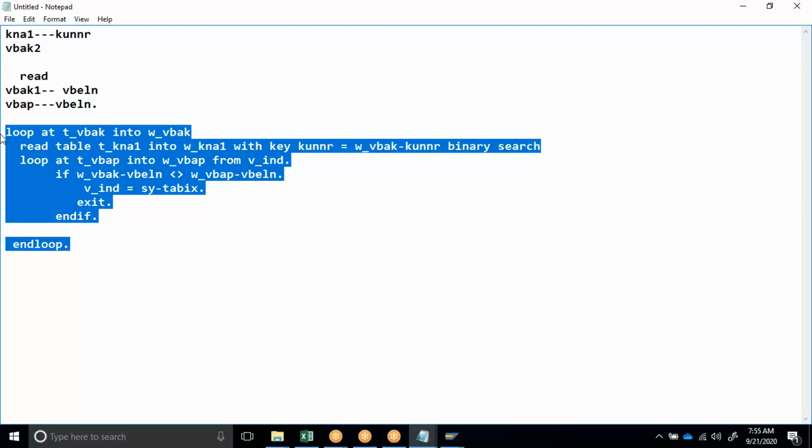So how to play with this? When multiple tables come, when to use loop, when to use read is the developer's judgment. Based on that only the speed of the program will be decided. So as I told earlier, every Tom, Dick and Harry can do it. If you don't consider performance, we need not learn internal tables at all. Everything can be done with select and select, select and select, select and select. But in SAP, performance plays a major role.